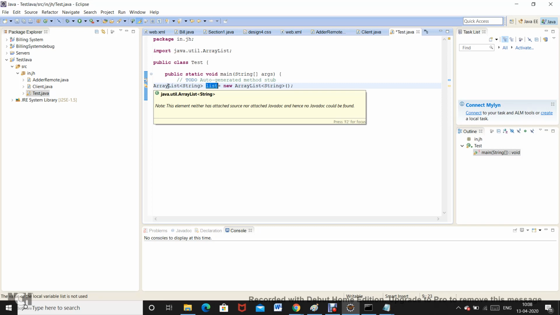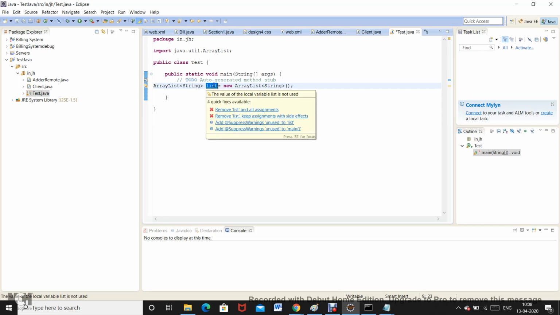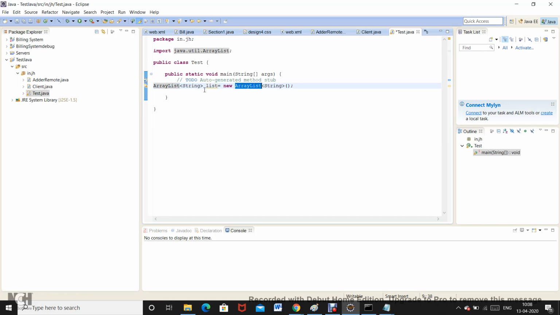The type that we are using is ArrayList, and the dynamic object that is being assigned to this reference variable list is also of the type ArrayList. So one syntax is this. The other syntax is